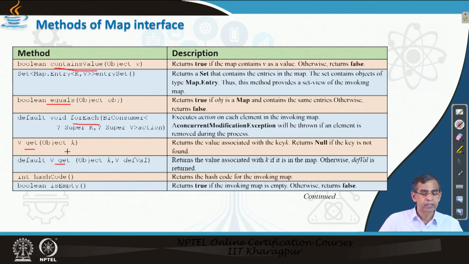The get method has two different versions. That means given a key, how we can get the object from the table. Then hash code is the default method, which basically returns the hash code, and whether the collection is empty or not needs to be checked. So, these are the different methods by which we can simply know about the collection. A collection, in this case, is a table.